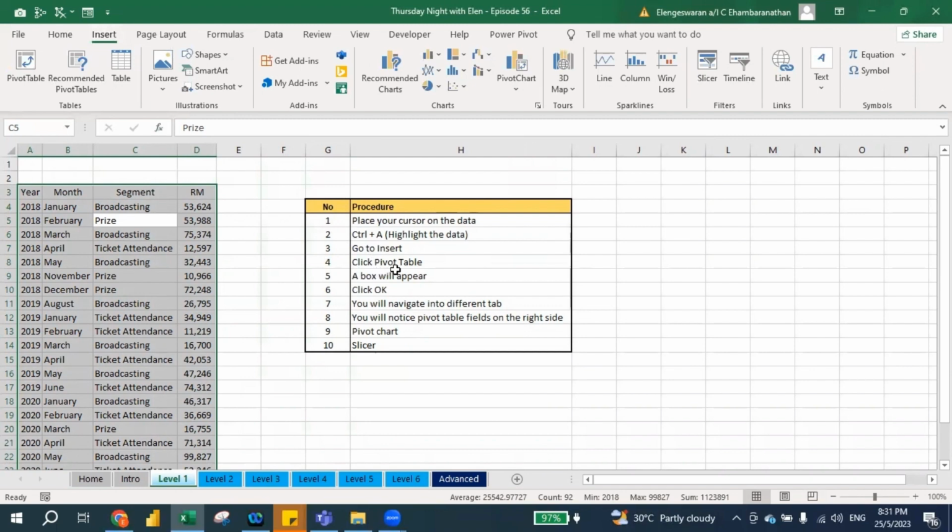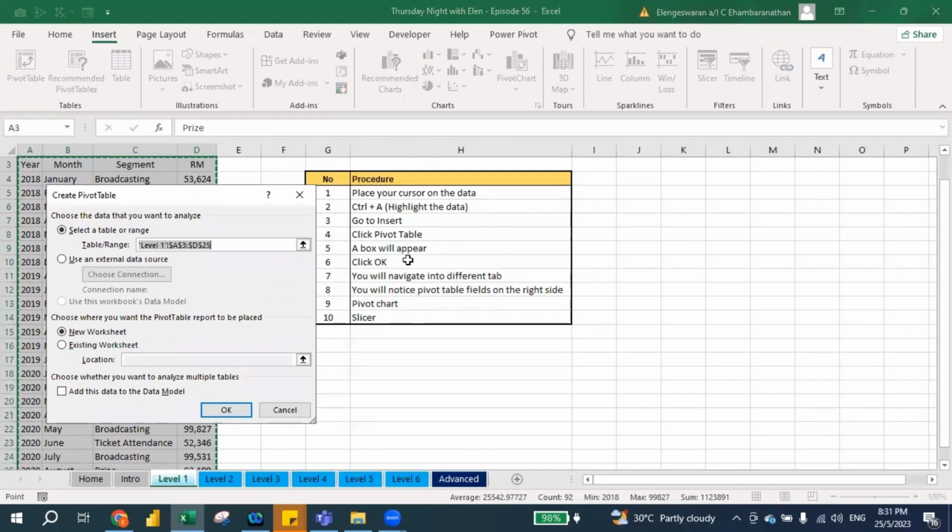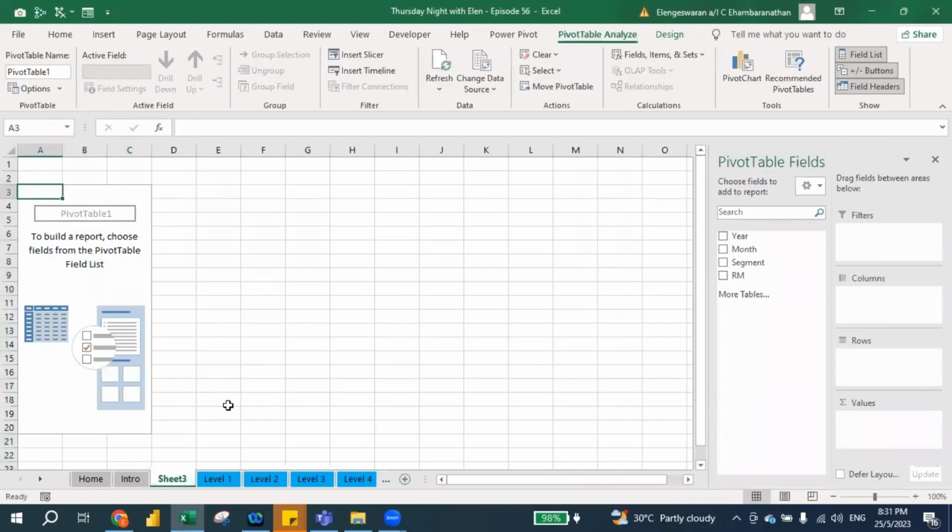As you can see over here, you can click Pivot Table, or you can also click Recommended Pivot Table. In this case, Excel will give you the recommended pivot table, but you can also choose Pivot Table. Once you click Pivot Table, you will notice that a box will appear, and then you press OK. Once you press OK, you will notice that on your right hand side, the Pivot Table Fields pane will